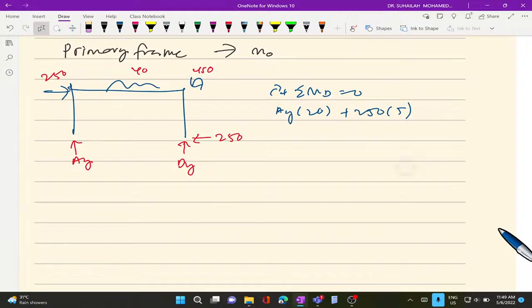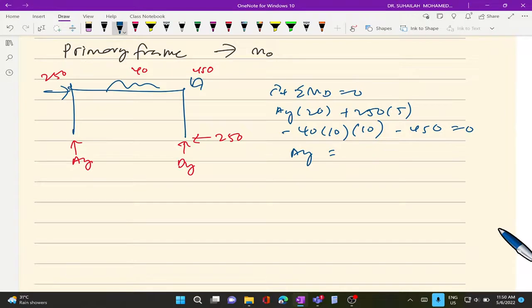Okay, we get minus 40 times 10, it is 10 meter, 5 plus 5, 10, the length from centroid to D. Okay, then we have negative 450 equivalent to 0. So we get AY equal to